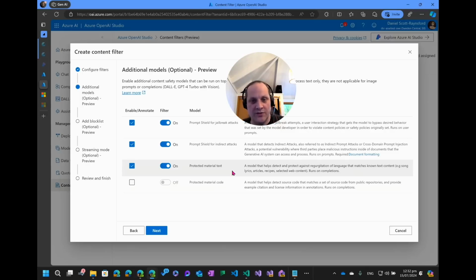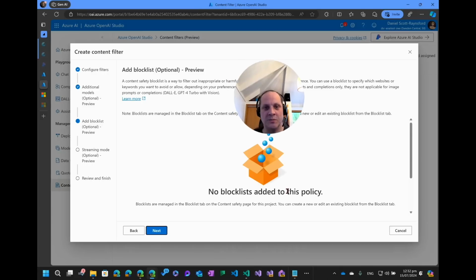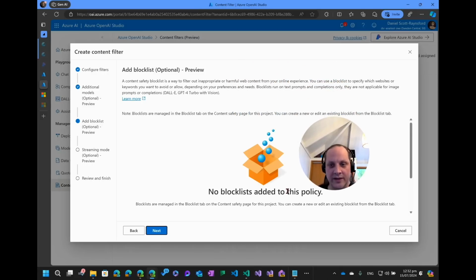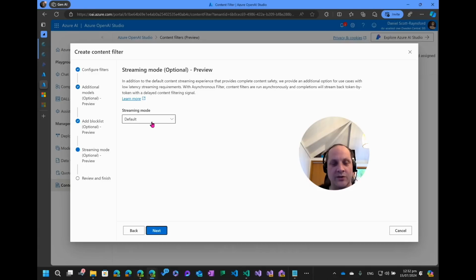So we might say don't output anything that looks like it could be copyrighted or covered by another license. We get to set all that up. We get to set additional block lists around what things the model can and can't say,